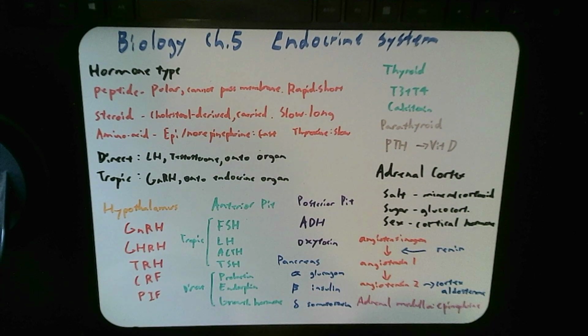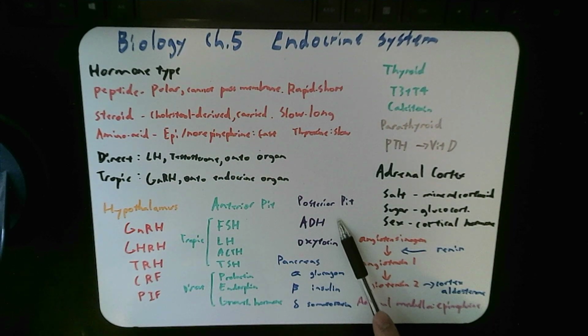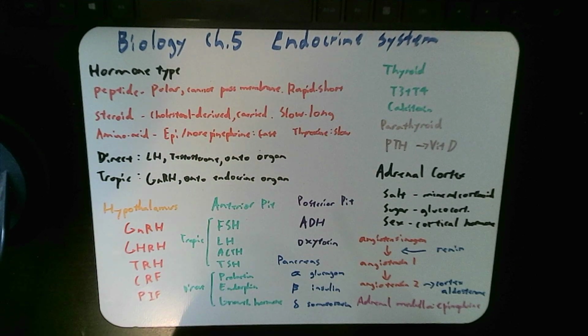So it reabsorbs the water needed in the collecting duct, and this is activated in response to high osmolarity in the blood plasma. So if it's too thick, you want to get some water in and keep the water in the body, and you pee out less liquid. Oxytocin helps with contraction of baby, as well as help with bonding behavior.